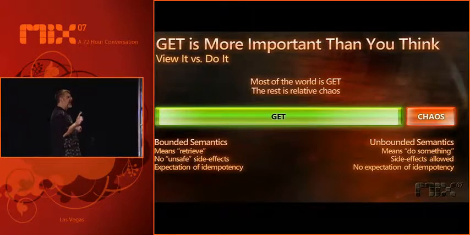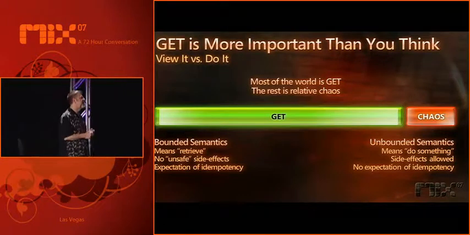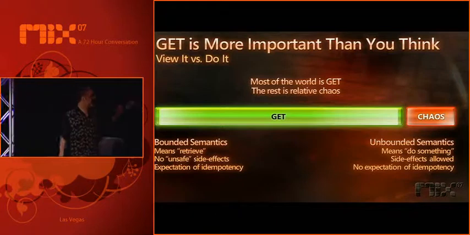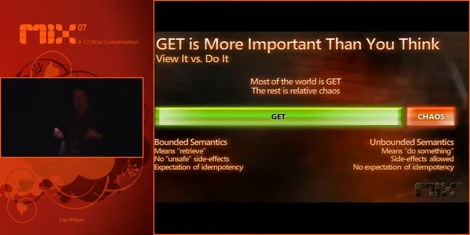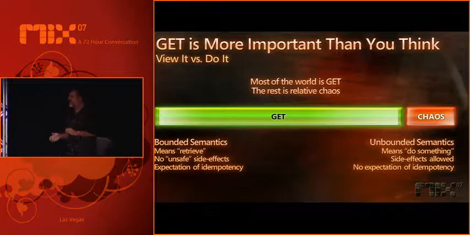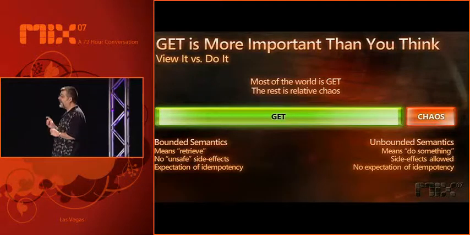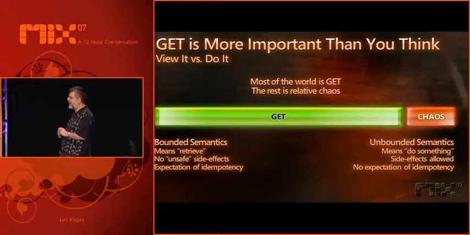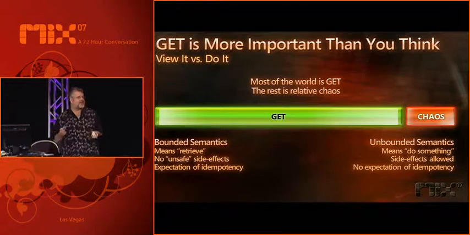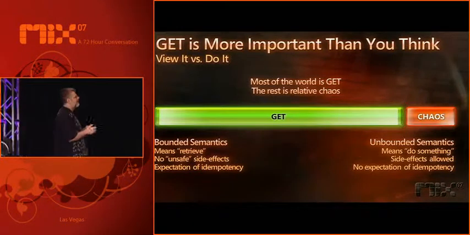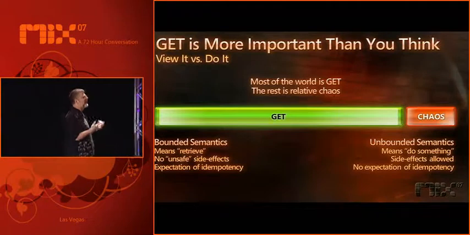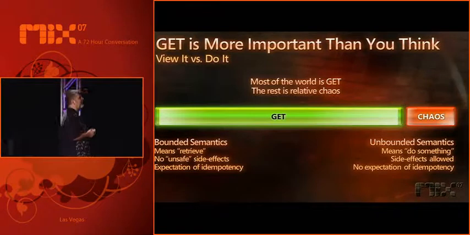Now, here's an interesting observation. I need both of these because the thing on the left gives me a lot of advantages in terms of scalability and just reach. The thing on the right I need to be able to have a complete closed system that I can actually build everything on top of. Because if I didn't have the outlet for chaos, the only way you could change the state that was being served up by GETs is through some out-of-band mechanism like sending an email. That wouldn't be good.